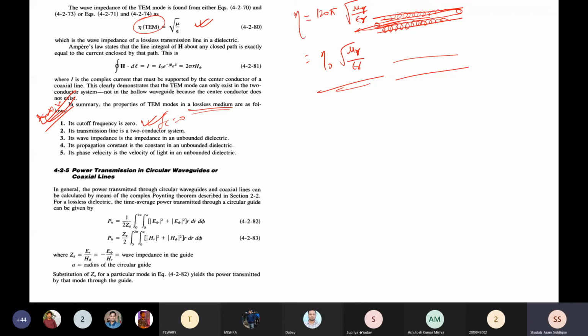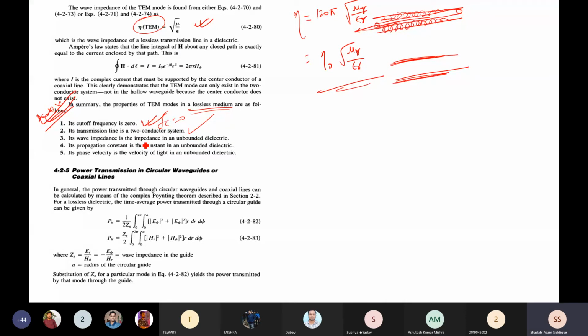And we will get to know the transmission line is a two conductor system. So there will be two conductors: the outer jacket is one conductor and the inner core is the other. Similarly for the two parallel wires, one conductor is this one and the other conductor is this one. So a two conductor system is a transmission line here, and that will be responsible for TEM mode. So the wave is carried by TEM mode.